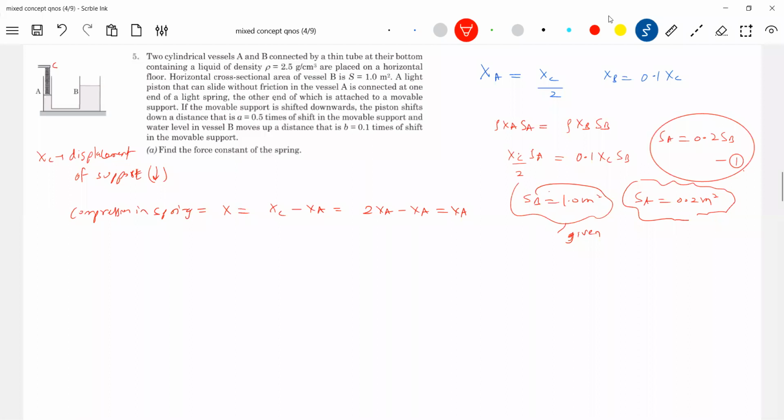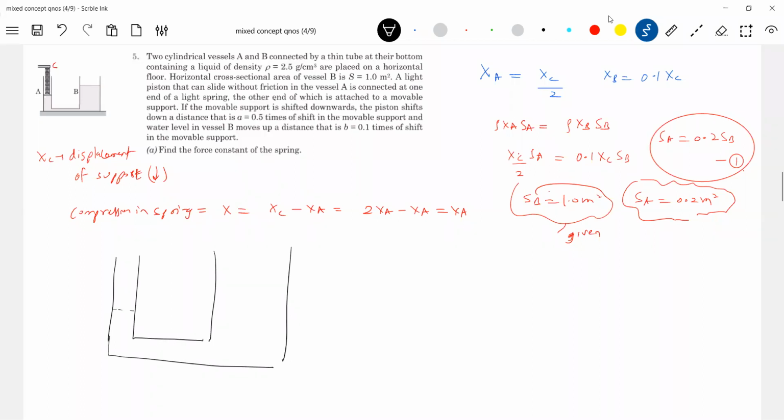See, how much piston A moves, that much the liquid will rise here, no? I think a small diagram is needed. After this, this would be the condition. Spring force will act here, Kx, this is SC. Here there's no piston, just leave it. And everywhere the liquid will be there.